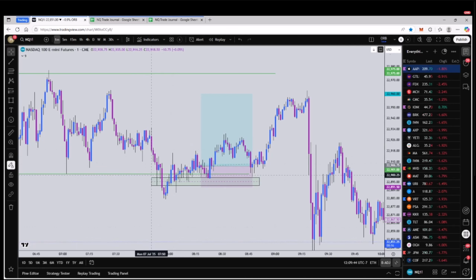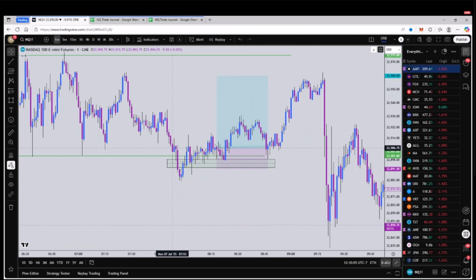And by order flow, that means fair value gaps. Is it holding bullish fair value gaps, or is it rejecting bullish fair value gaps? Is it holding bearish fair value gaps, or is it inverting bearish fair value gaps? When we take out levels, those are the key times we're looking for that order flow to change. And right here we see we have this fair value gap,